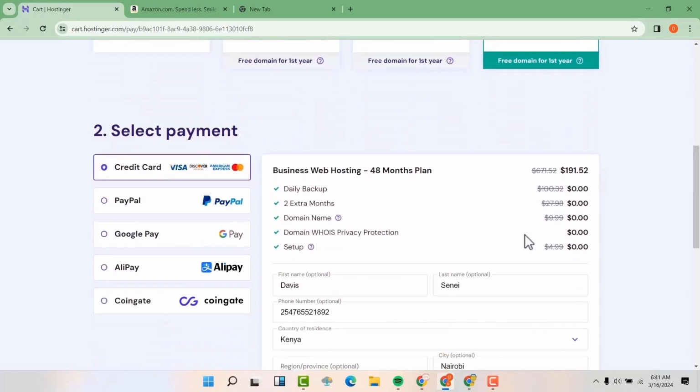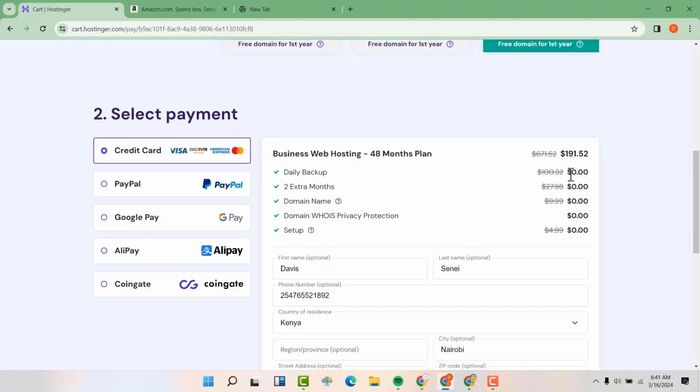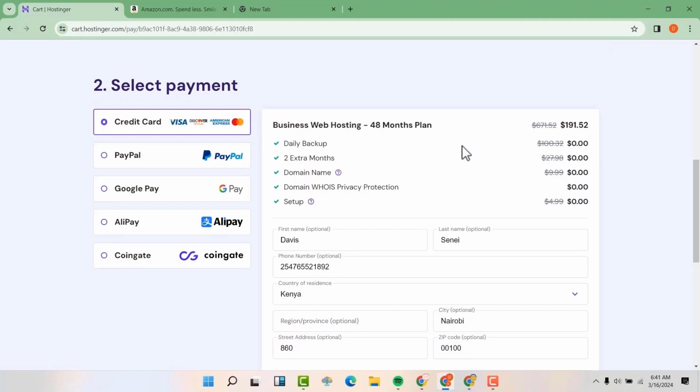Now scroll down, you'll be able to check out. This hosting company supports many different types of checkout. You can pay with PayPal, Google Pay, Alipay, and this other one, I'm not sure about it. Then you can also use your card here, so your credit card. So I'm going to use my credit card, and now you can see on your billing here that you are going to pay around